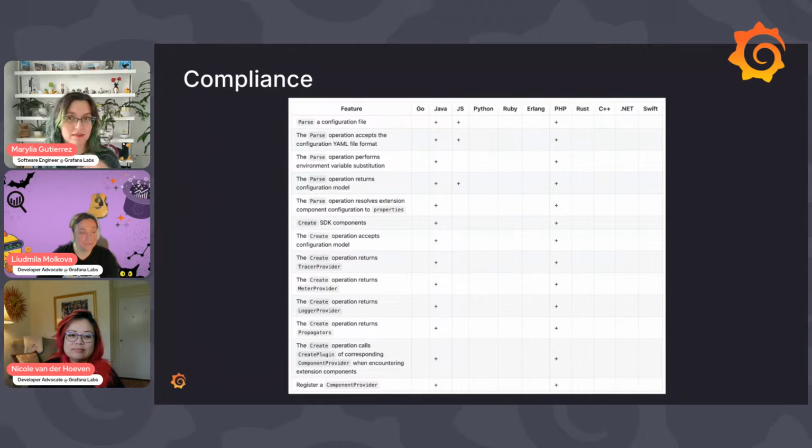And as I mentioned, for example, if you see here Java, you see the pluses all around. It does not mean that it's complete. There are still features missing. But at least all the requirements that we say are compliant with the config file are available. So in Java, you can already use it. PHP, you can also use. I think there's also a few features missing. I know there is also work for Go and I believe Python.